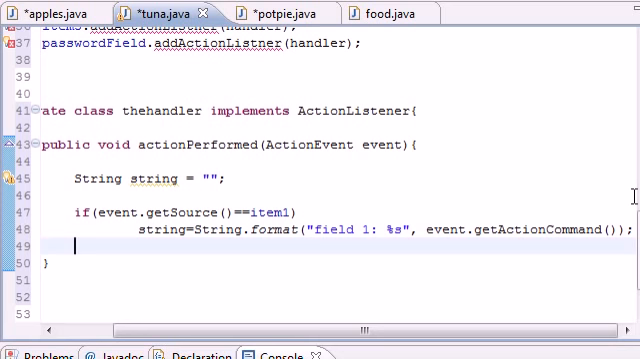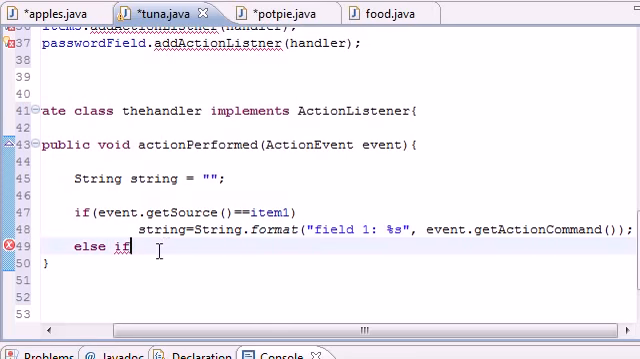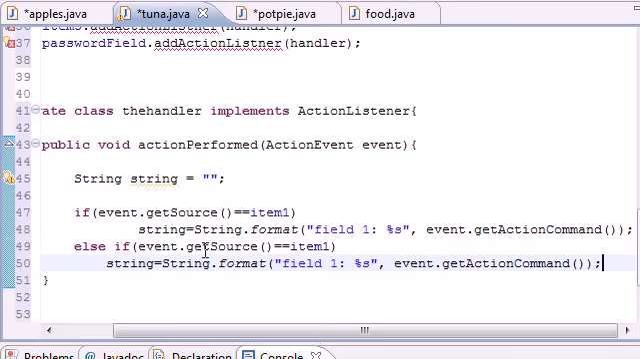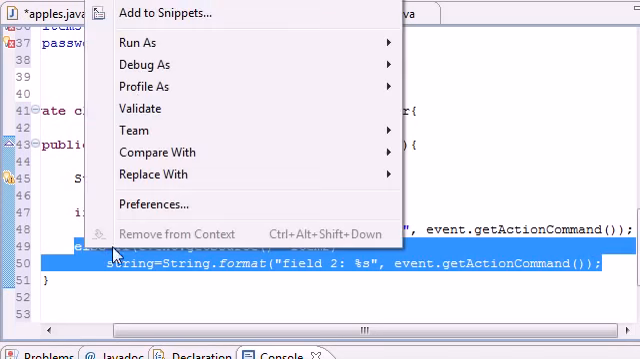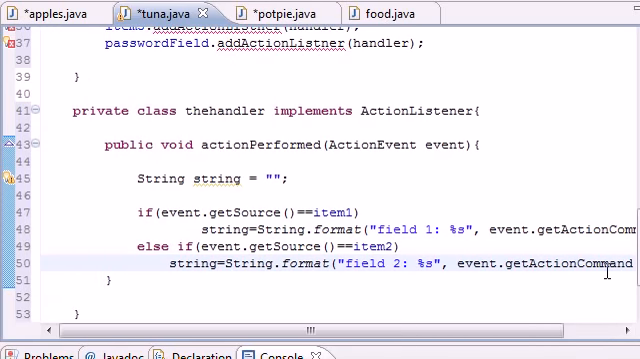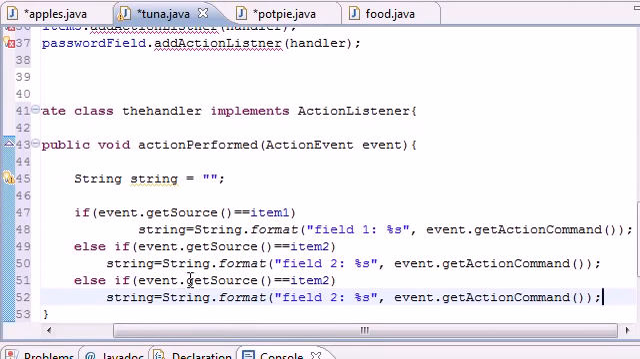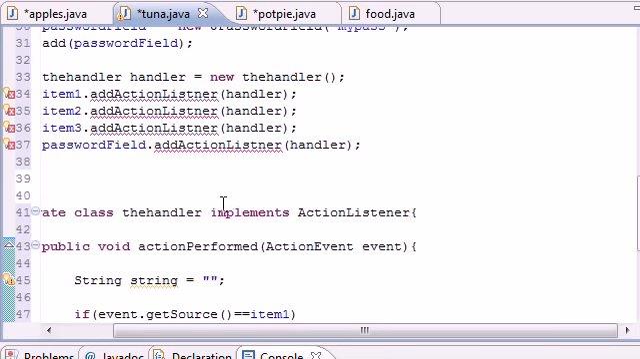The next thing we're going to do is build 3 else ifs. So else if, and just go ahead and copy this, paste, in event 2, field 2, and we'll get the action command for that. Now let's go ahead and just copy this one more time. Copy, and make sure my cursor's in the right spot. Cool. And paste. If event get source equals item 3, then we just want to output field 3 equals